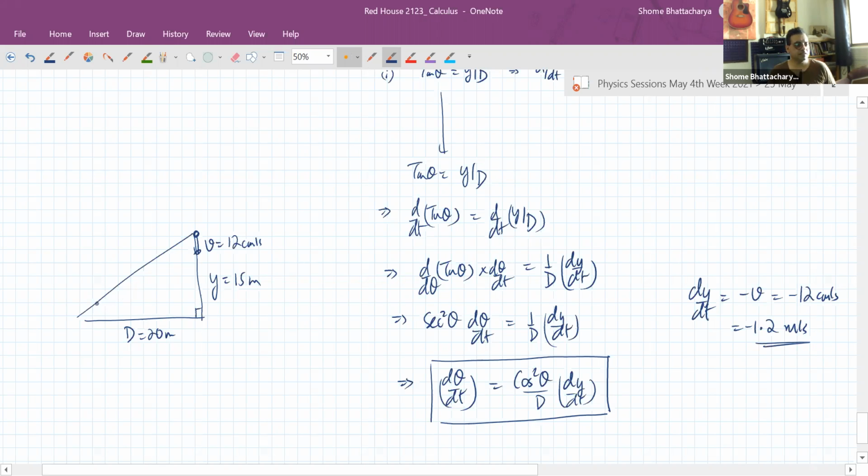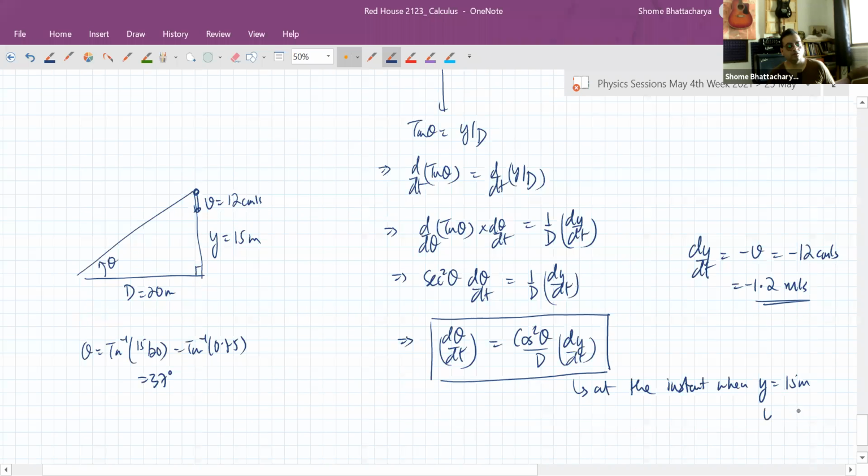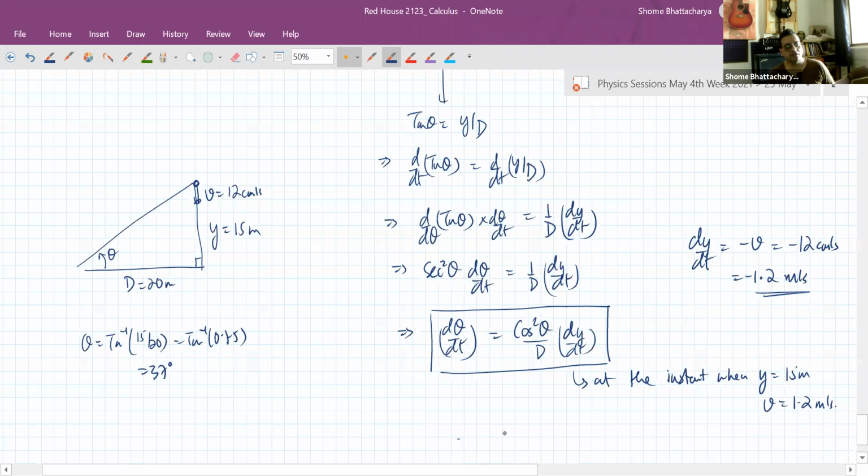And we can also see our instantaneous value of theta. It is tan inverse of 15 by 20, or tan inverse of 0.75, which we know is 37 degrees. So at that particular instant, when y is equal to 15 meters and v is equal to 1.2 meters per second, at that instant d theta by dt